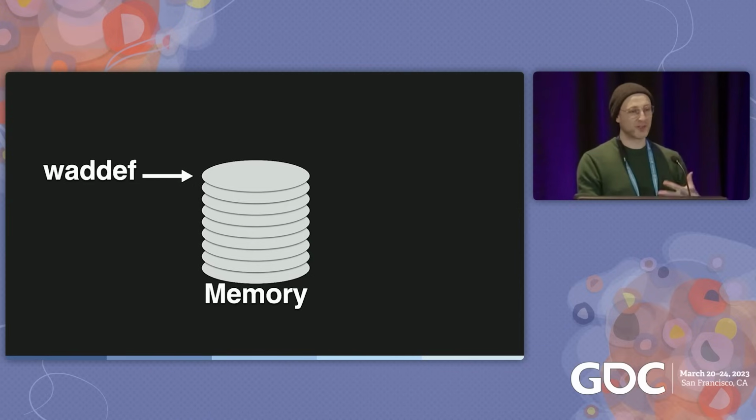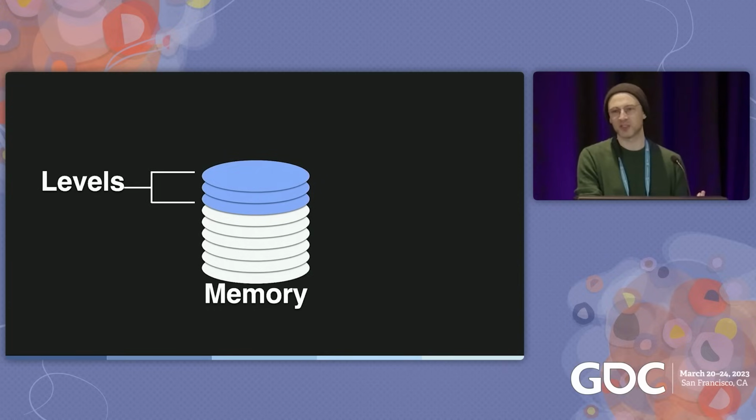As a result, everything in our game is owned by something called a WAD def, which you can think of as just a container of things. Like, for instance, a level can be a WAD. There's a ton of levels in the game. We don't support all of them simultaneously, but we have the slots for a couple of levels to be loaded at any one time. And if a level ends up getting too large, like some of our huge XPL areas, like the crater, it can be split up into 2 or more WADs in order for them to be loaded